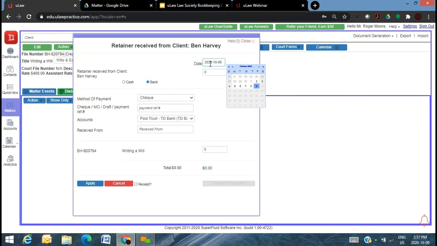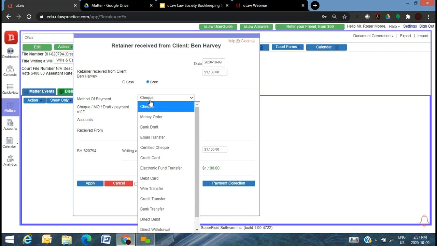So from a reporting standpoint, they do ask you for the date. So making sure you've got the date. Actually, let me put it for today. And let's say you're asking for taxes in Ontario for 1,000 plus taxes. You get it through a check. This is important from a journal perspective, which says, how did you get that money?